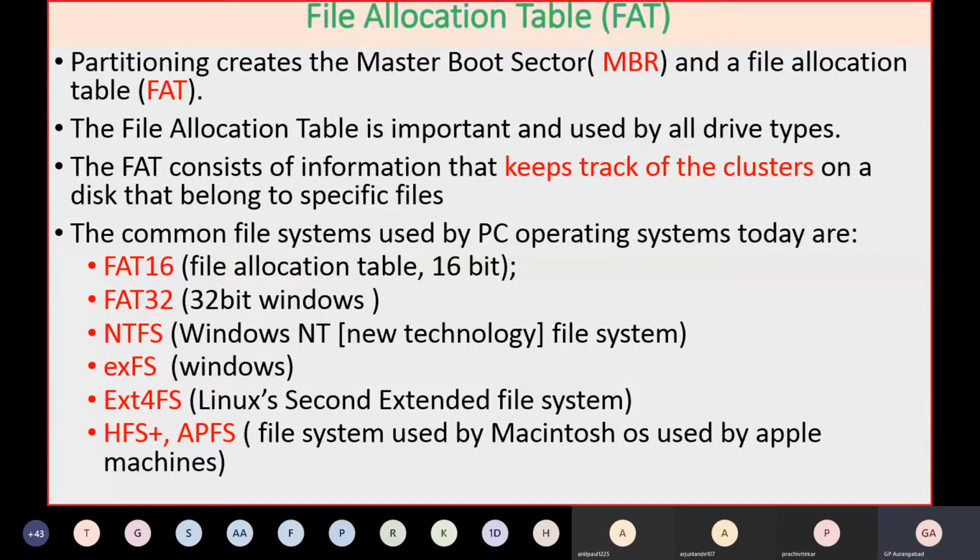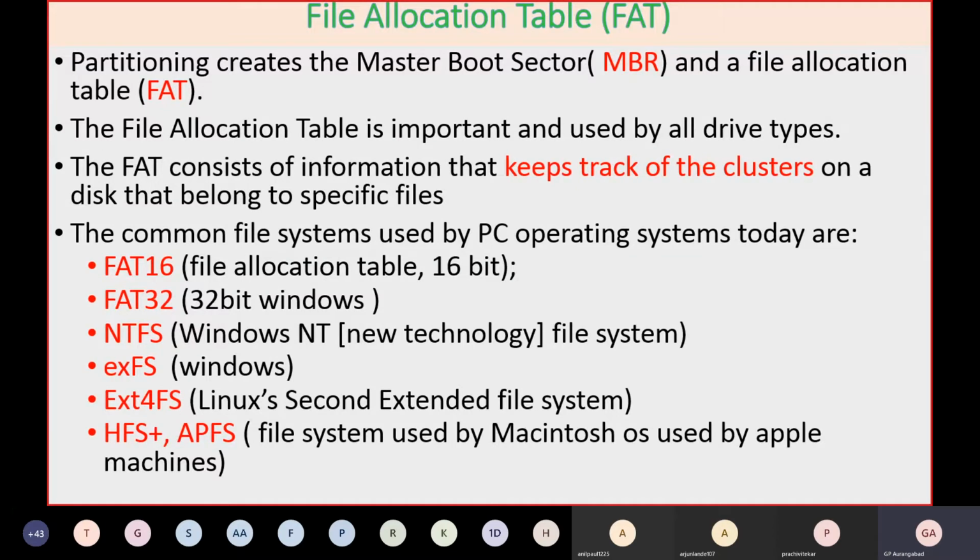Now, because of certain limitations of file size and partition sizes, Microsoft came up with another partition, the extended file system partition, which is predominantly used nowadays, EXFS. Most of the time you use NTFS. We'll see what the file systems are and the importance of this file system. This EXT, that is extended 2, 3, 4 file system, is related to the Linux file system, and presently the extended 4 file system is being used. That is the latest version.